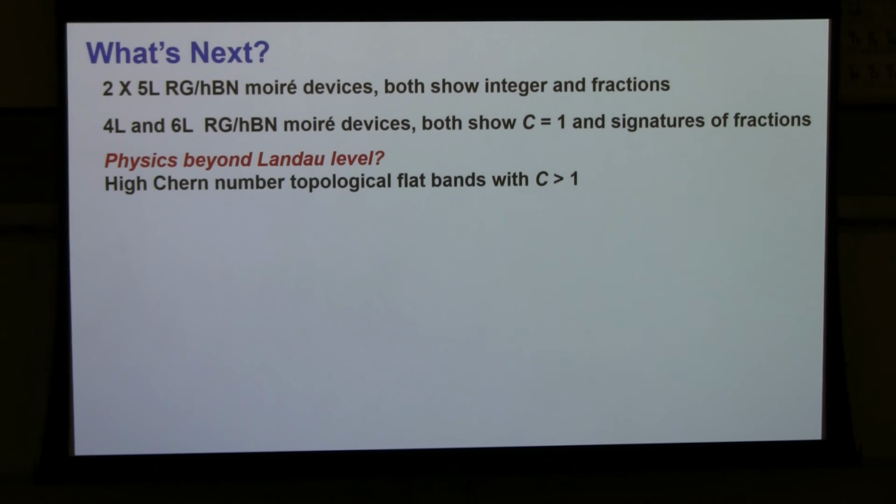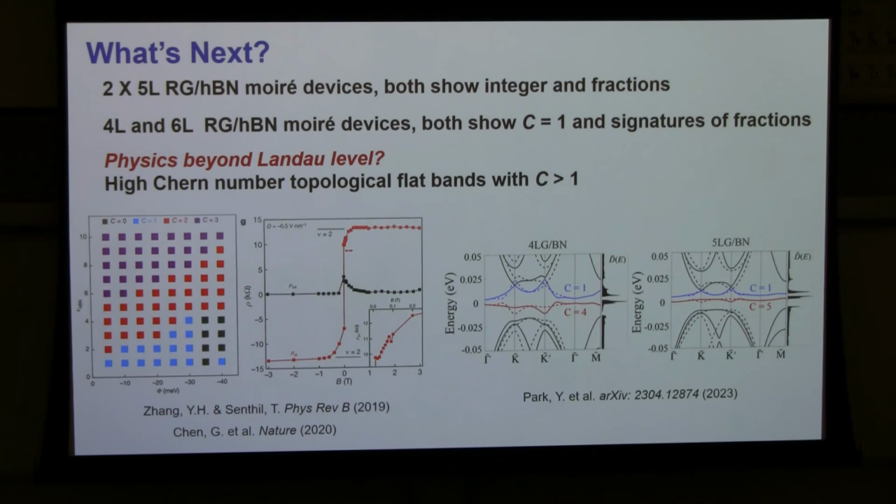And there is an opportunity here. Every Landau level has a Chern number 1, no matter if it's the first or the second Landau level. Well, a topological flat band doesn't have that restriction. The Chern number can be any integer value. And indeed, this rhombohedral graphene system has witnessed a Chern insulator state with Chern number 2 in ABC trilayer graphene. And theoretically, it could have even higher Chern numbers in thicker layers.